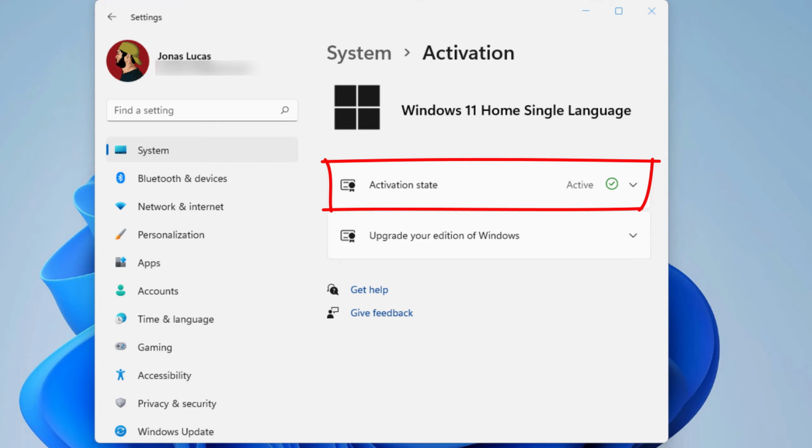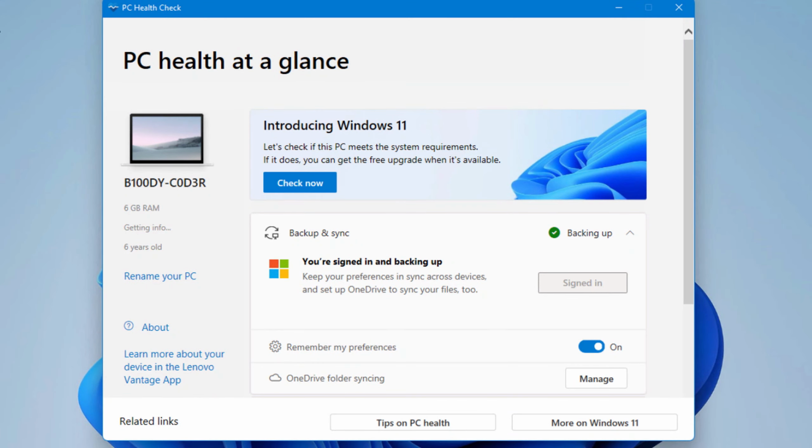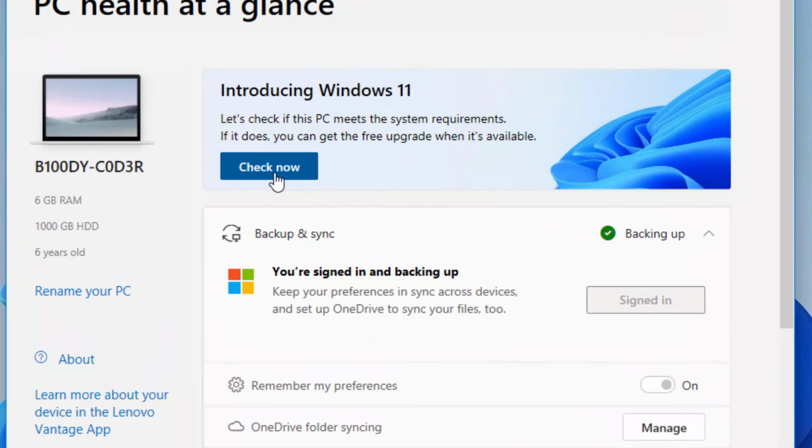And as you can see, it is activated. When launching the PC Health Check app, which should tell me if I can perform an upgrade to Windows 11, it tells me that my laptop is not compatible. Which is not really a surprise.